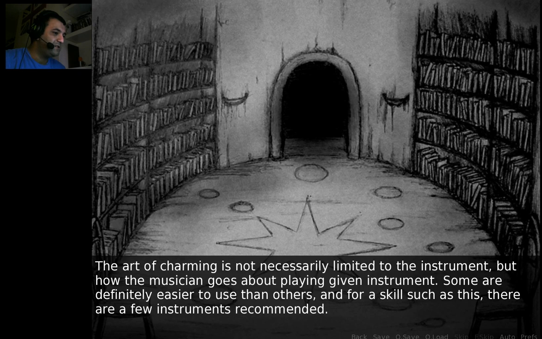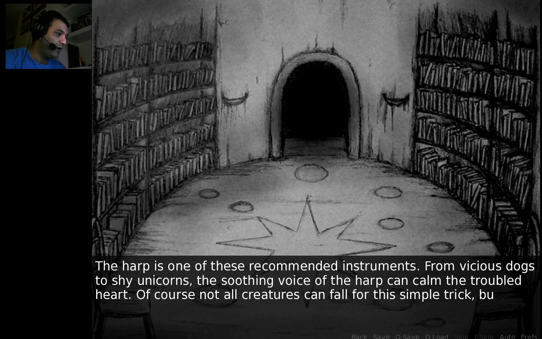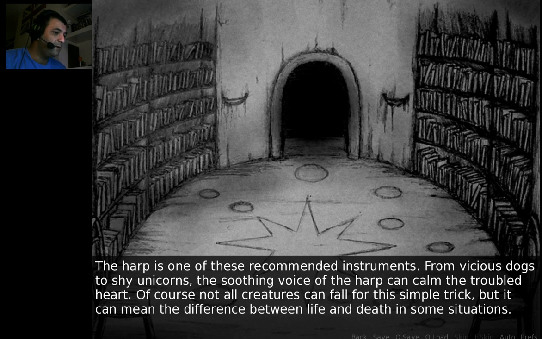Some are definitely easier to use than others, and for a skill such as this, there are a few instruments recommended. The harp is one of these recommended instruments. From vicious dogs to shy unicorns, the soothing voice of the harp can calm the troubled heart. Of course, not all creatures can fall for this simple trick, but it can mean the difference between life and